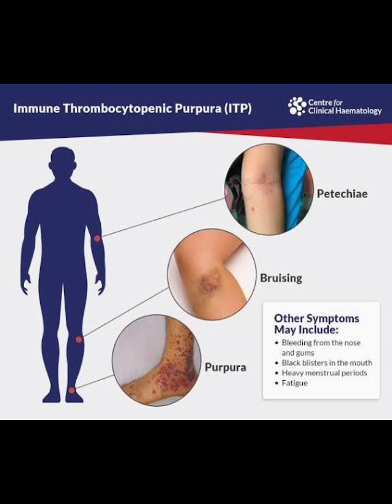History, what we ask: first of all, onset, course and duration, anything that makes it better, anything that makes it worse. And the rash itself: is it blanchable or non-blanchable, the distribution of the rash, painful or painless, itchy or non-itchy, bleeding from any other orifices. Any preceding upper respiratory tract infections, headache, and other orificial bleeding,